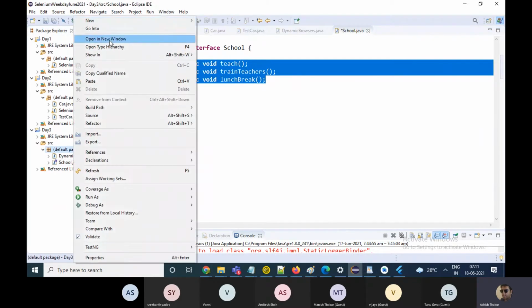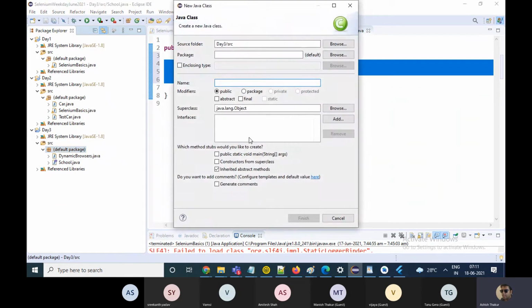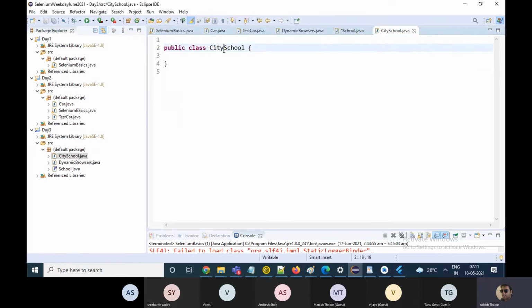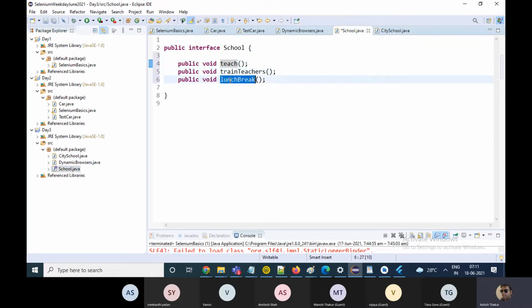So what we do is that we make implementing classes. For example, I'll make a class known as, say, city school. So this class city school is blank and it has to acquire all the features from the school class or implement.